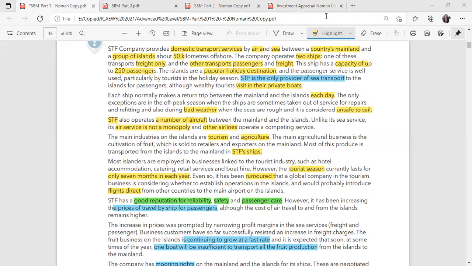One is dedicated specifically to freight, and the other is dual purpose, and they only have those two to service